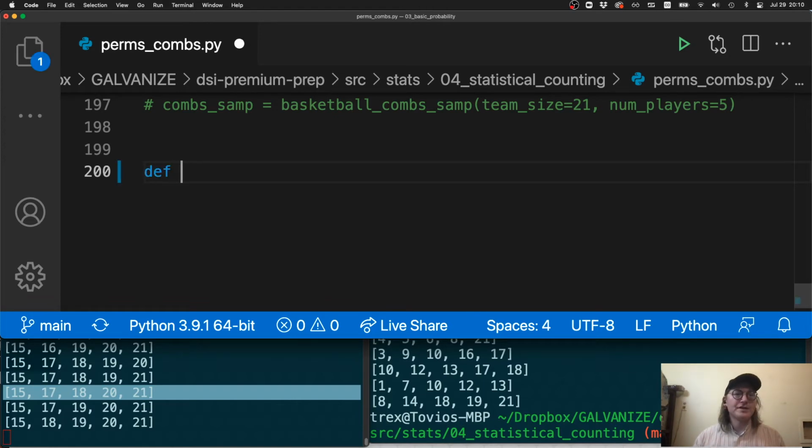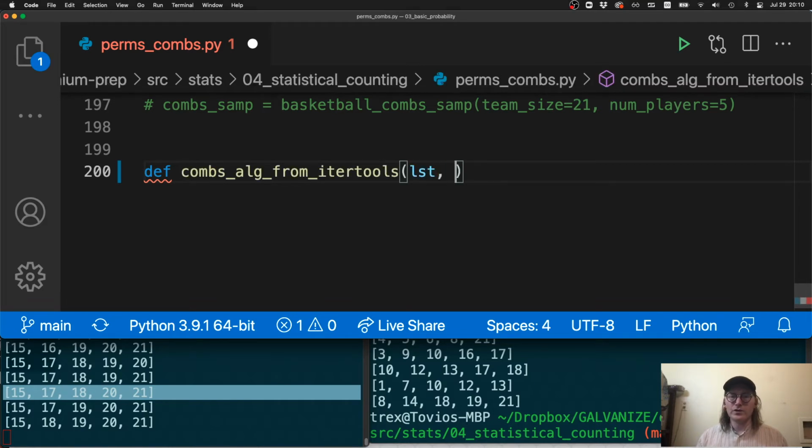I'm just going to call this combinations algorithm from itertools, which will pass in a list, and we're going to look at k of those items. That's fine. And this is going to be a more general form of the algorithm. I don't think we need to put it in the basketball terms necessarily, but it'll solve the same kind of